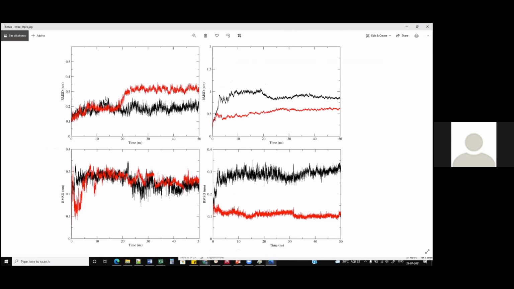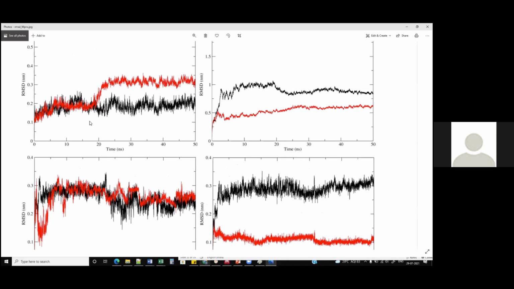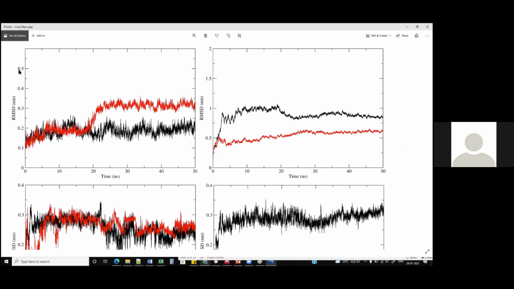I wanted to show you a graph from one of my papers. Actually this was not a correct one, there was some problem over here. But you can see on the left hand side, RMSD in nanometer, the unit is nanometer. On the x-axis, there is a time scale. Whenever we do an MD, we need to define a time scale, 100 nanosecond or 50 or 10 or 20 or 1000 or whatever it may be. There is no thumb rule for how many nanoseconds of simulation you need to run. But in general, people say to run until the RMSD gets stabilized.